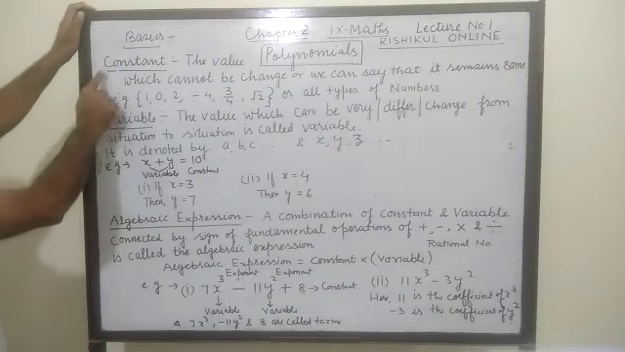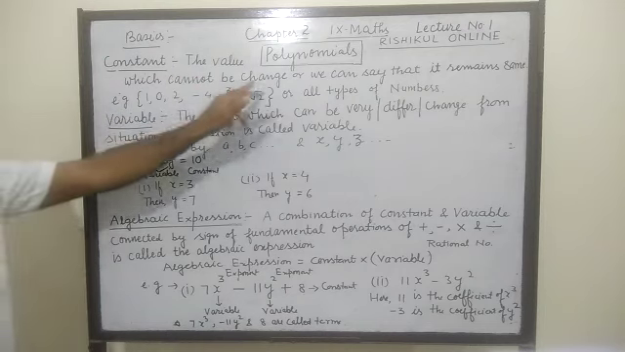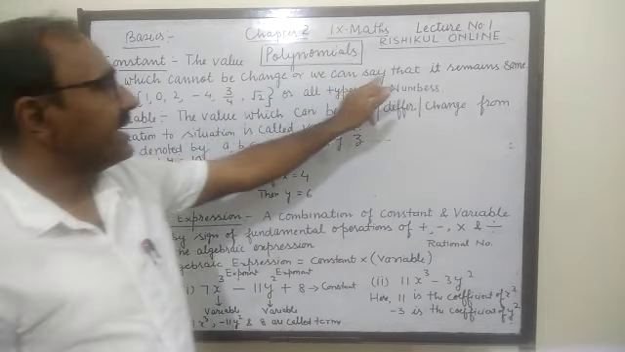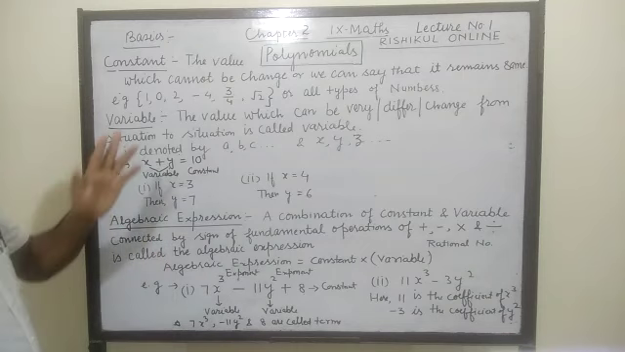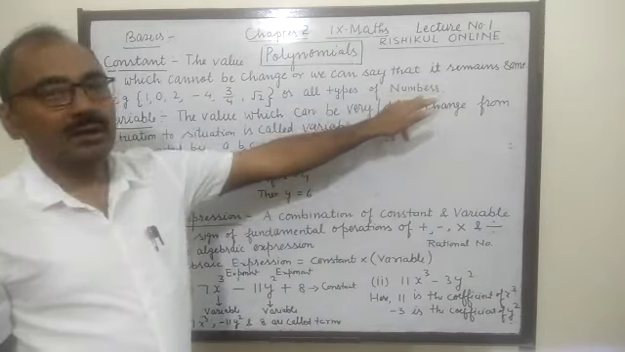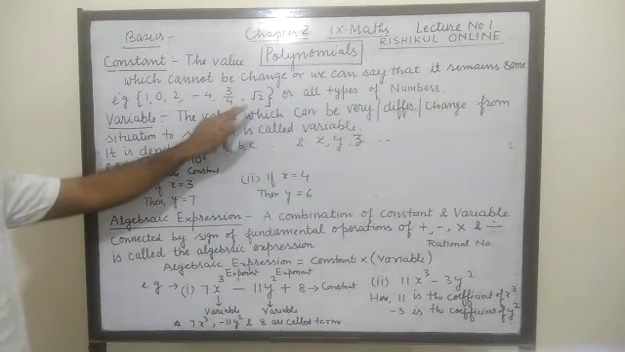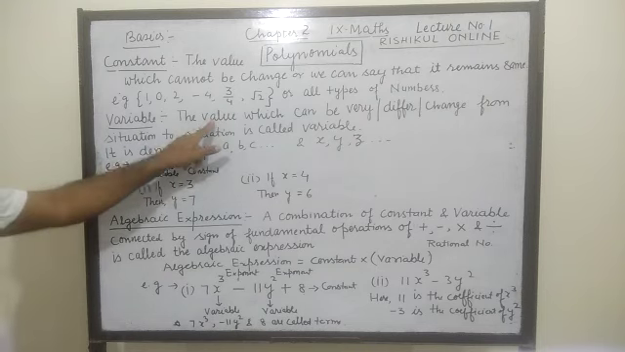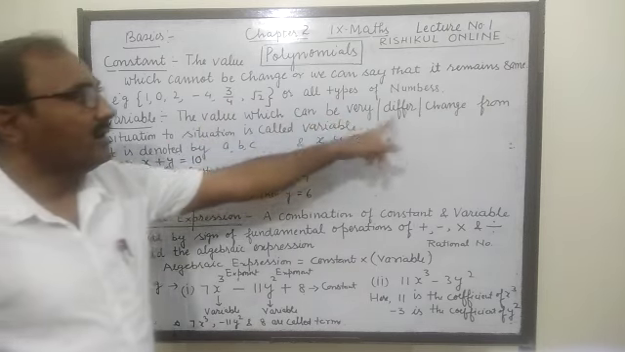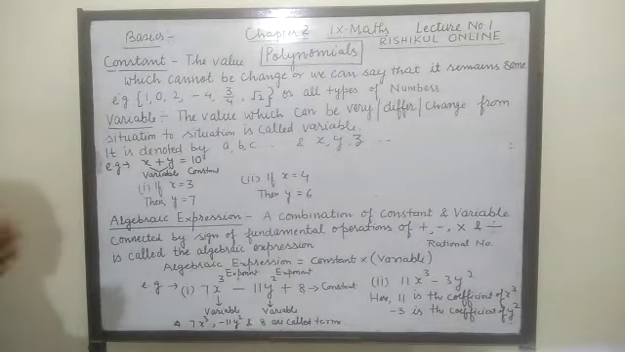First of all, constant. What is constant? The value which cannot be changed, or we can say that it remains same. For example, all types of number like 1, 0, 2, -4, 3/4 and root 2. Clear? And then variable, the value which can vary or differ or change from situation to situation is called